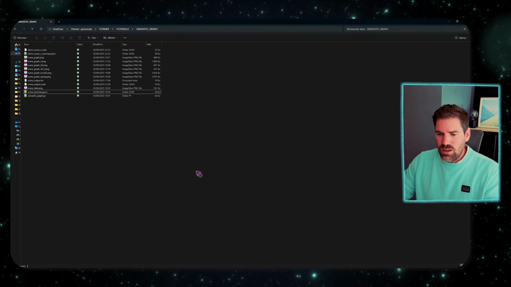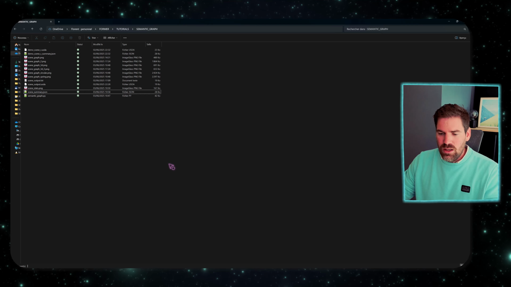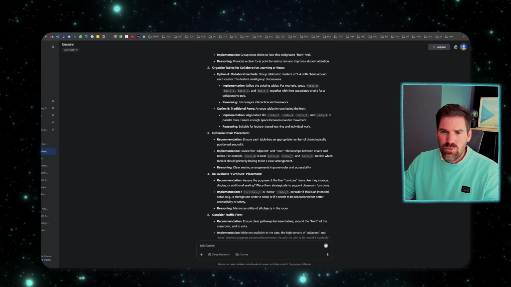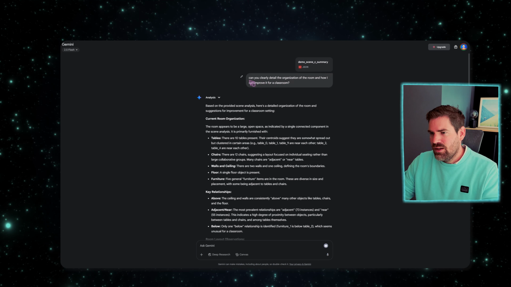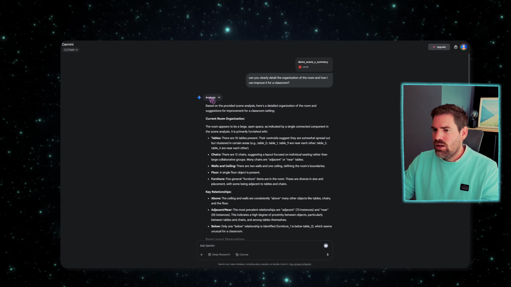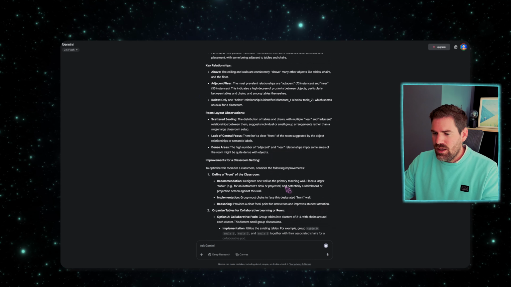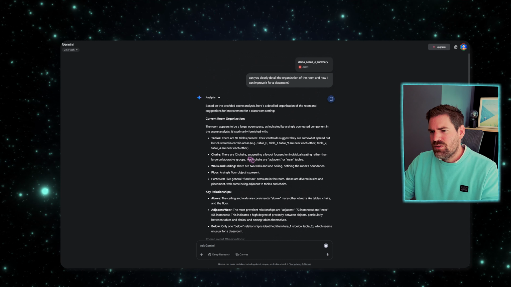All right, so already at this stage, let me show you something very impressive. If you go, for example, to Google Gemini, and you pass in this JSON file, this is what I did, and you ask a prompt, can you clearly detail the organization of the room? You have the analysis here, and this is super impressive, right? Because it will give you exactly